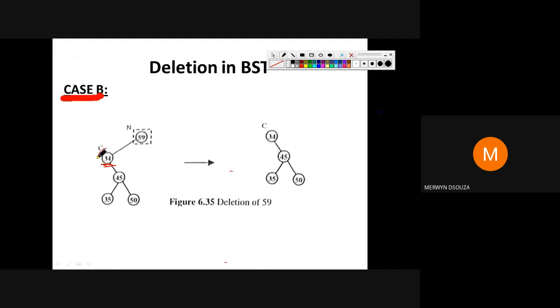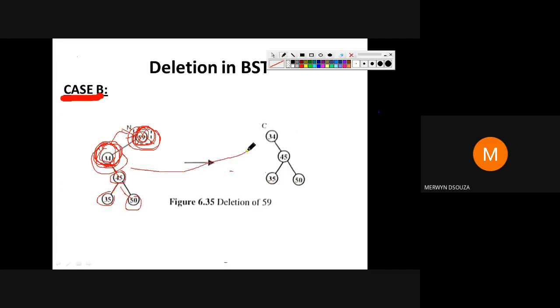So what you will do is, 34 along with its descendants you will copy here. Since 59 is the root node, when you delete it, 34 will become the new root node, and these will be the descendants.